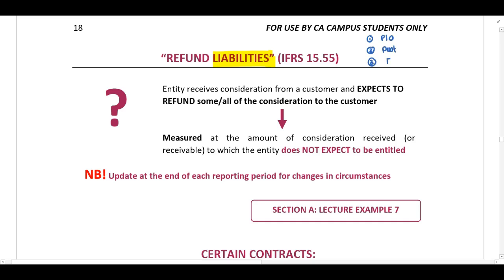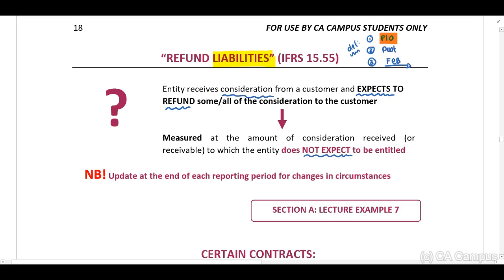3, that will lead to future economic benefits flowing out of our entity. Now, guys, when we think about our refund liabilities, what is this? This is when the entity receives a consideration from a customer and expects to refund some or all of the consideration. Therefore, guys, we need to recognize a refund liability for the possibility of that obligation that we need to pay. And we need to measure this at the amount of consideration received to which the entity does not expect